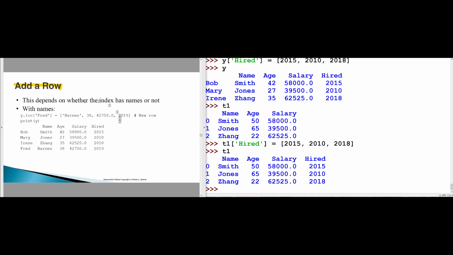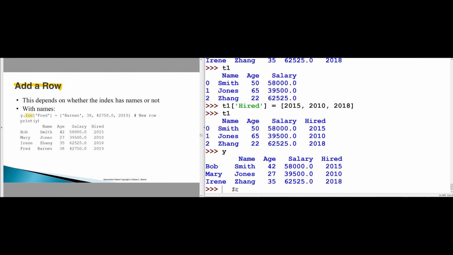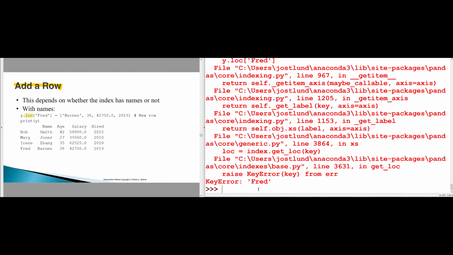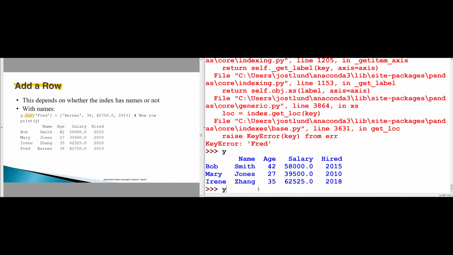In terms of adding a row, you can do the same kind of thing, but you use .loc or .iloc to indicate the new row label that you want to have. So y currently does not have a row labeled Fred. I can say y.loc Fred to create such a row. Well, if I just leave it at that, I'm trying to access the row, and of course the row doesn't exist. I get all kinds of yelled at. But if I say y.loc sub Fred